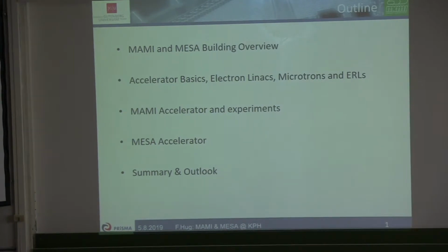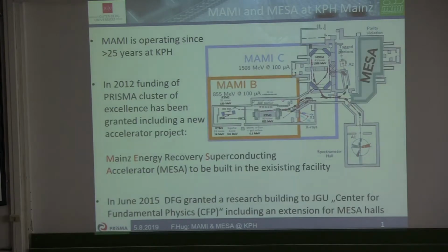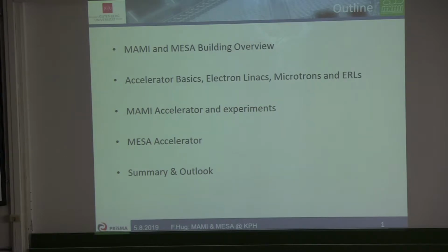how MAMI and MESA are located in our building, and I will give you some accelerator basics: why we need accelerators, why we especially use electron linacs, and how they accelerate particles, and at the end also about the special kinds of accelerators we have here, named microtrons and energy recovery linacs. And at the end I will show you the MAMI accelerator, some sheets on this, but you will visit it